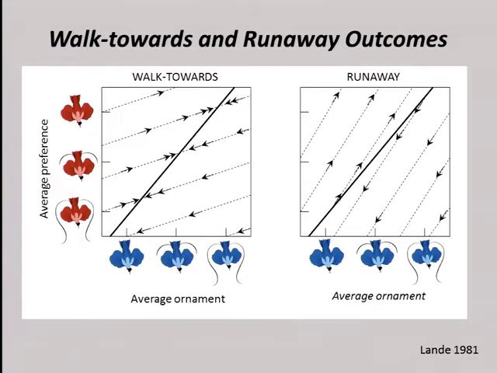One version is the version that Landy was talking about, the runaway. And you can show in the model that sometimes you can specify the model so that you run away in two different directions, towards loss of the male trait or towards elaboration of the male trait, and that populations started here will move away and evolve at ever increasing speed, or ever increasing speed towards loss. This runaway process, though,